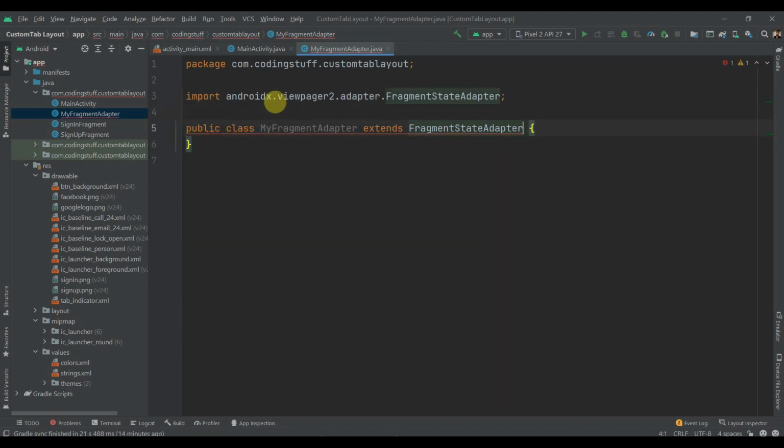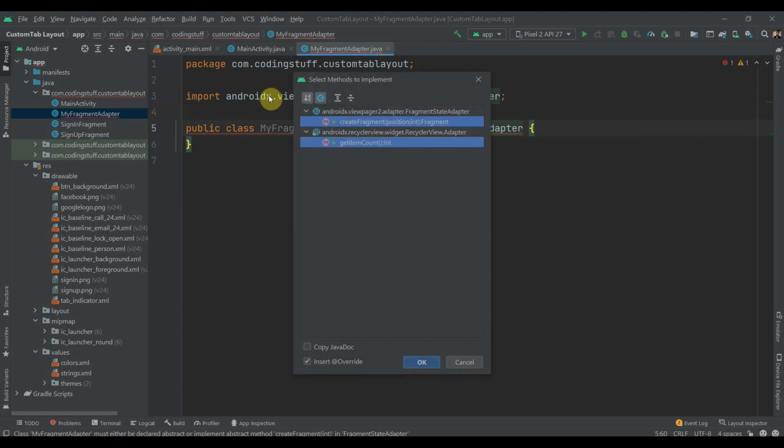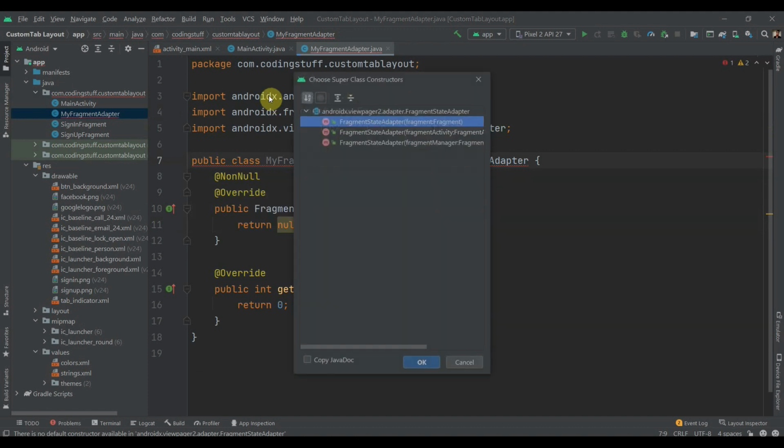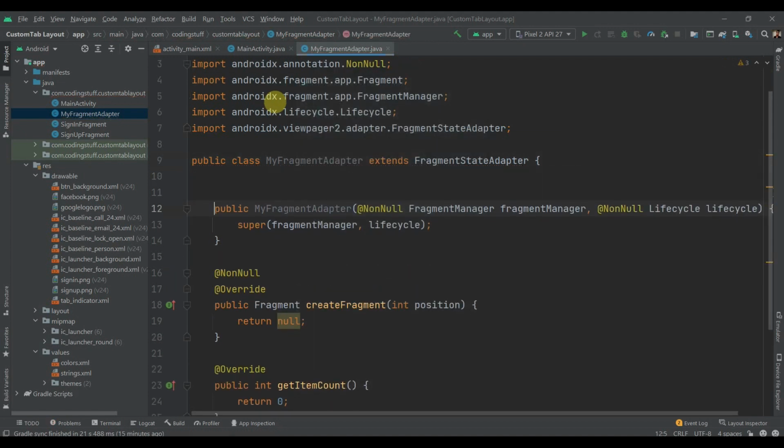We'll press alt enter to implement methods. So these two, click on OK, and then again for the constructor, we'll select this one, FragmentManager and Lifecycle as parameters.